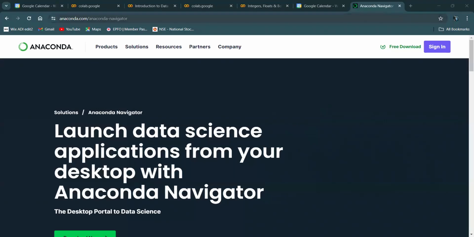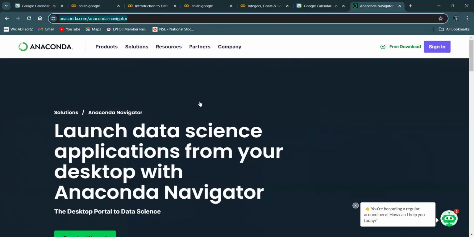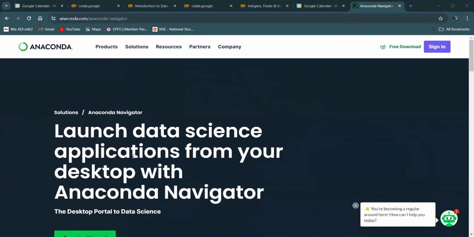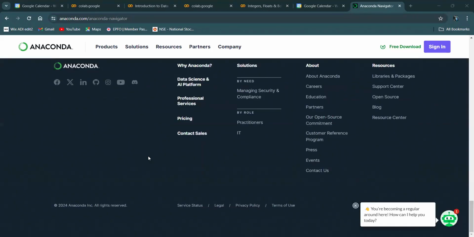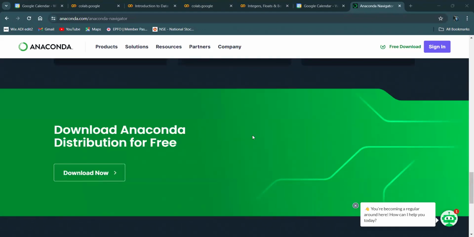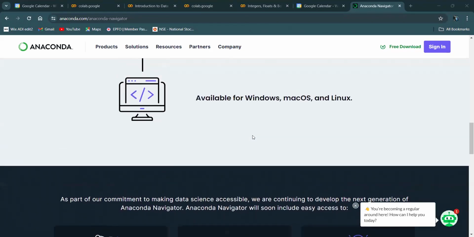So I'm also sharing this link in the chat window where you can download it. I hope you all can see the screen. So here you can see the download option. You can directly download this particular Anaconda Navigator tool for free. This is free and open source software. Once you tap on free download, you have to give your mail ID.